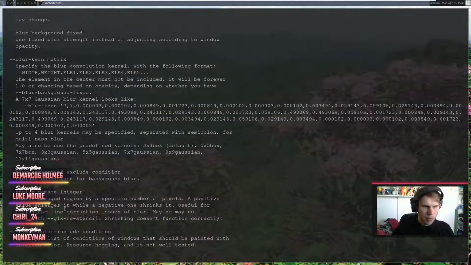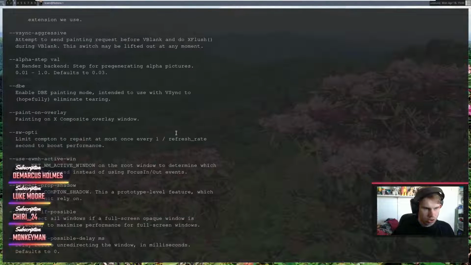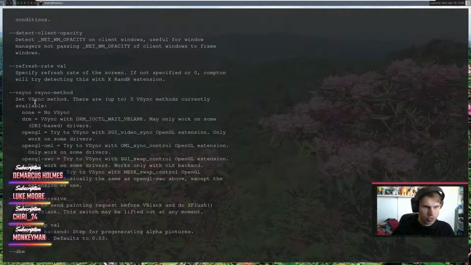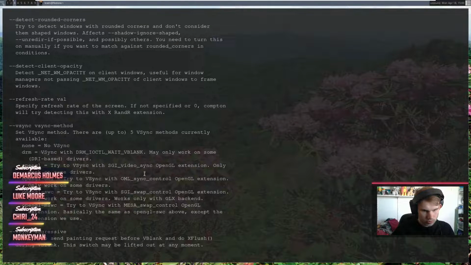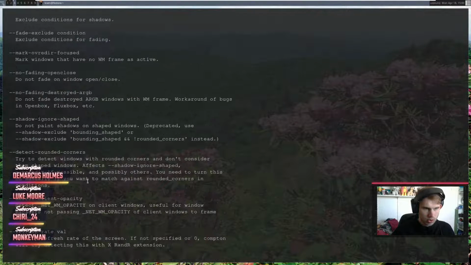We do get a little bit of transparency in here, which is nice. But I also kind of want that fade effect, which I really like. VSync aggressive, VSync. No fading, open, close.